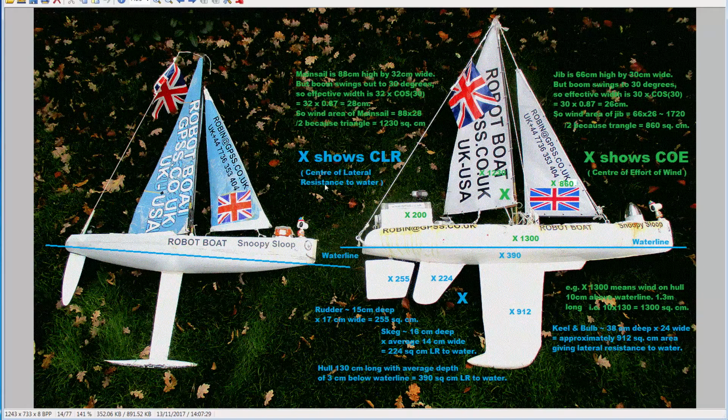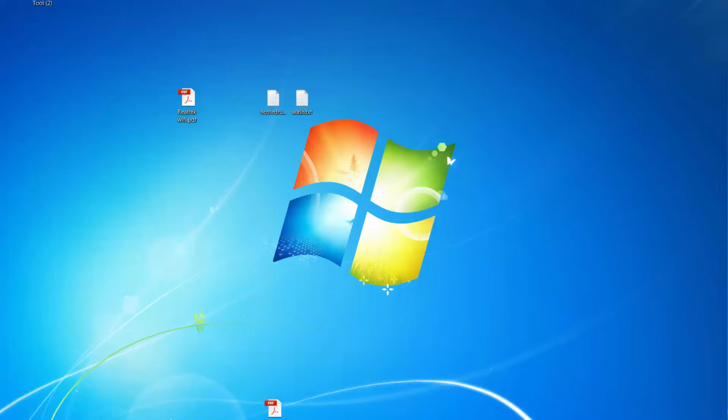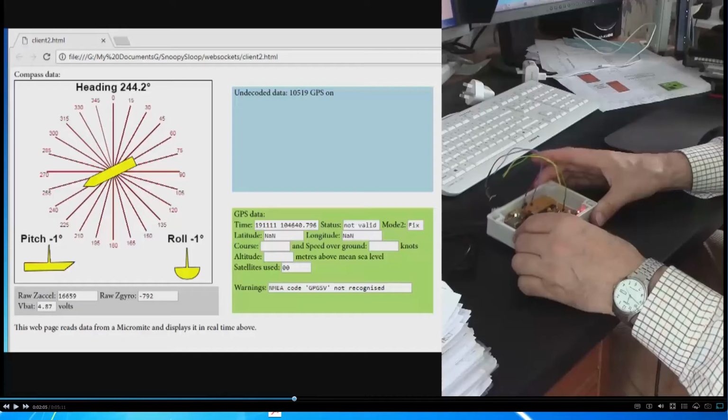I put this logger on the smaller boat, boat 12, the one with the blue sails, which is not intended for use as a real microtransat attempt, but it sails really well compared with this heavier boat on the right. So we ended up with an NMEA file containing GPS data and another text file containing compass data, and the requirement was to visualize this, to synchronize it also with a video of a test trip on a lake. Some of you, if you've watched earlier videos, will have seen